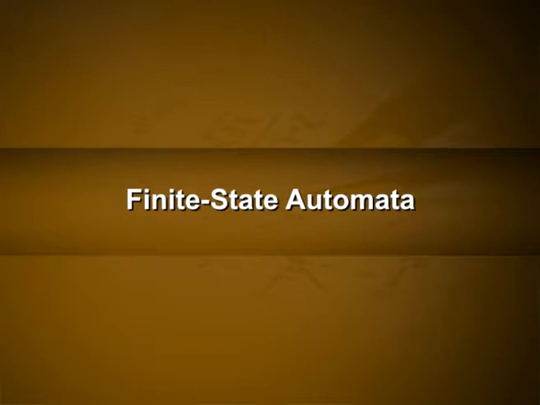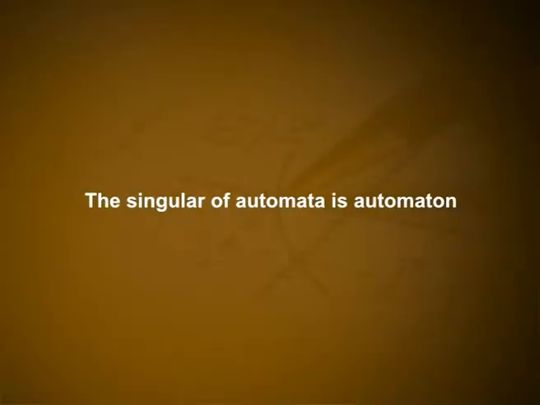Finite state automata. We will now give a definition of a finite state machine with no output. Such machines are also called finite state automata, and that is the terminology we will use for them here. Note that the singular of automata is automaton. These machines differ from the finite state machines studied earlier in that they do not produce output, but they do have a set of final states. As we will see, they recognize strings that take the starting state to a final state.